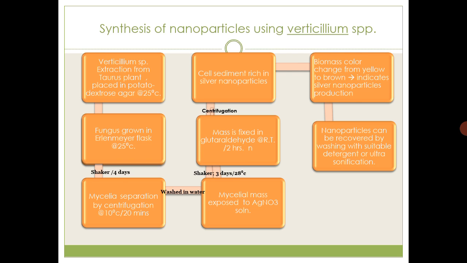This enzyme has the negatively charged carboxylic groups which will attract the positively charged silver ions, and therefore between these two the electrostatic interaction happened, and therefore the silver ions will get trapped on the surface of the fungal cells. Once they get trapped on the surface of these fungal cells, the nucleation of the silver ions will take place, and therefore due to nucleation the silver ions will accumulate and produce the silver nanoparticles.